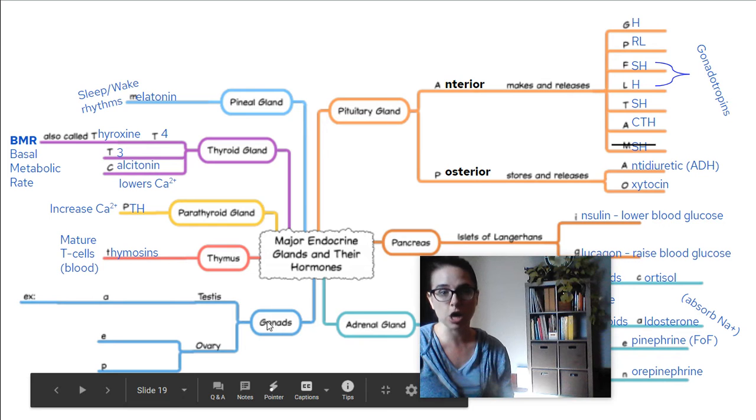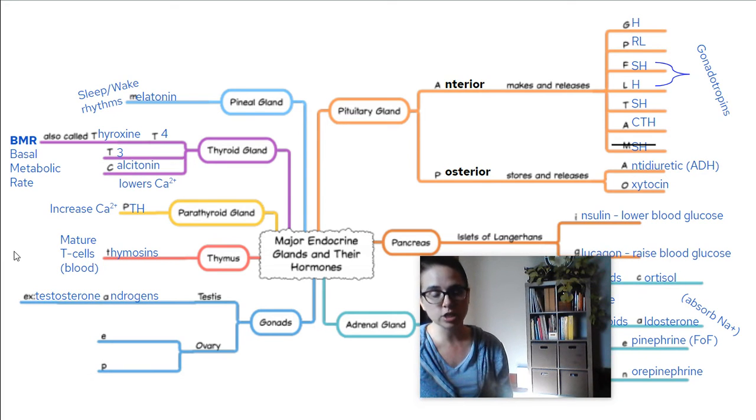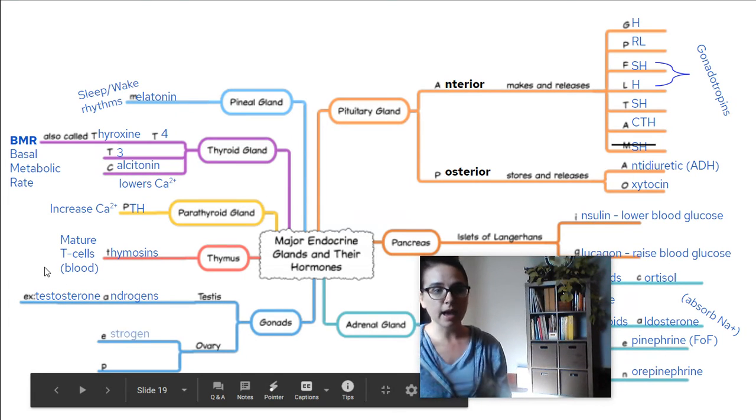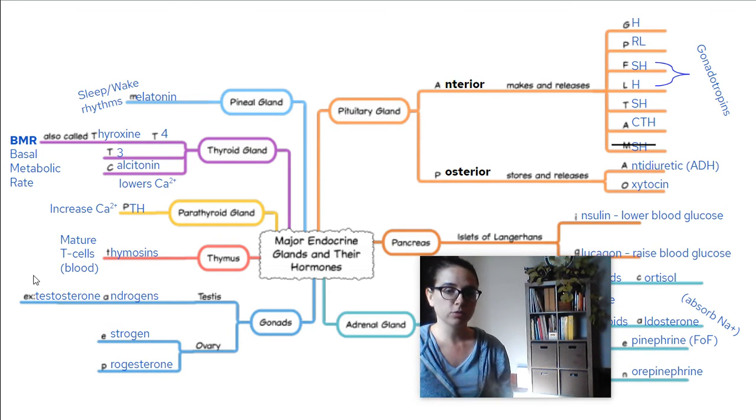And then we get to the gonads, those things that the gonadotropins, FSH and LH, affect, our testes and ovaries. The testes release androgens, which is just a generic term for the male sex hormones. There's more than just testosterone, but testosterone is the main one we talk about. In the ovaries, we have estrogen and progesterone, and these deal with our sex characteristics and controlling the menstrual cycle,